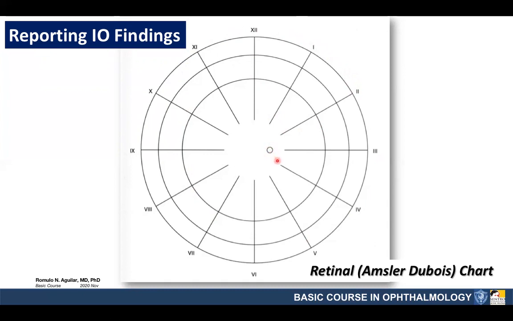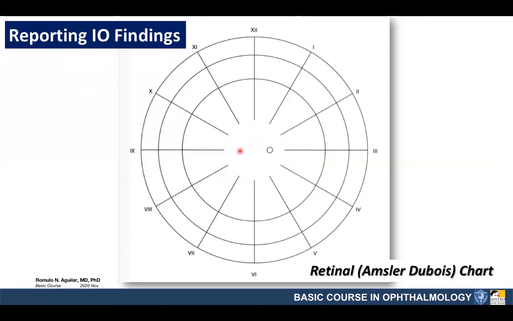Some will not have it, so it will depend on you where you will draw it, depending on whether you examine the right eye or the left eye. Now, just a tip: if you draw an imaginary line connecting the 12 o'clock and 6 o'clock, and you see this small circle to the right of that imaginary line, then this chart is for the right eye. If you see the small circle to the left of the vertical imaginary line, then the chart is for the